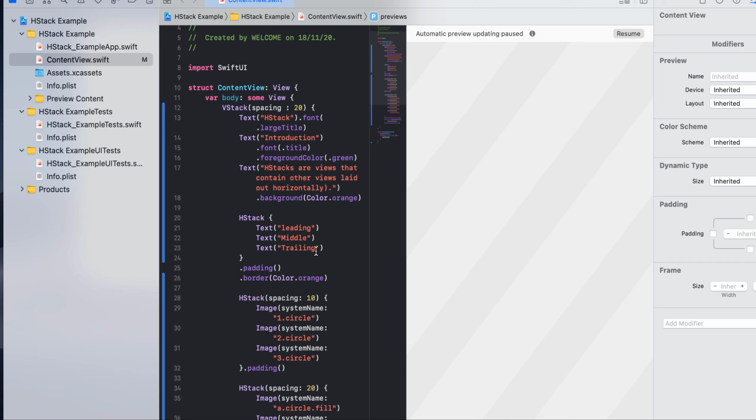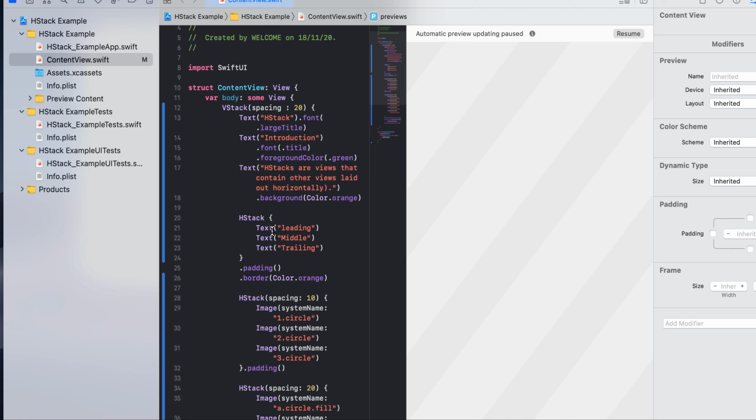Okay. So one thing we should understand here is that the HStack is coming within the VStack.